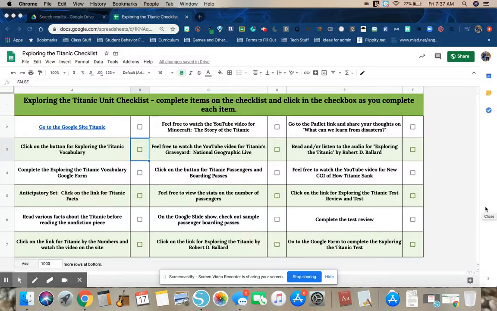All right, this is a video tutorial to show you how to go through the materials for the Exploring the Titanic unit. So this is kind of like a hyperdoc where everything is all within one document. In going through the unit, the checklist is going to tell you everything that you need to do. So what you're going to do is look at the items over here, and you're just going to follow them